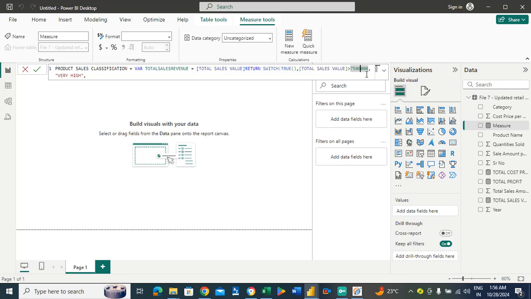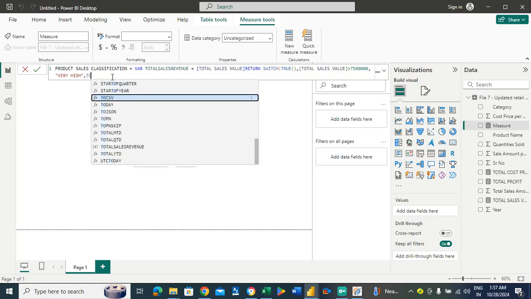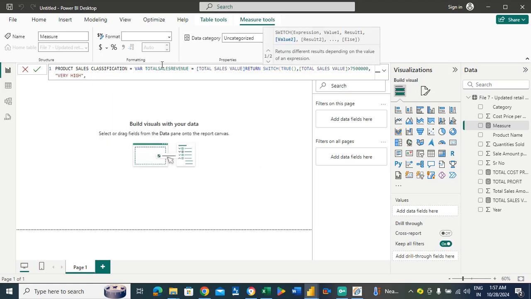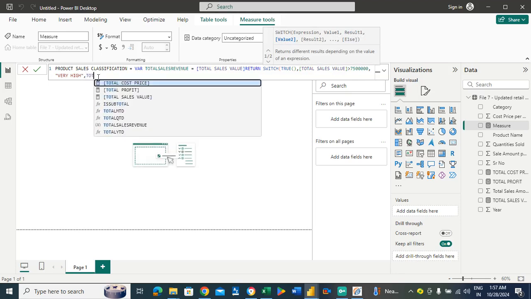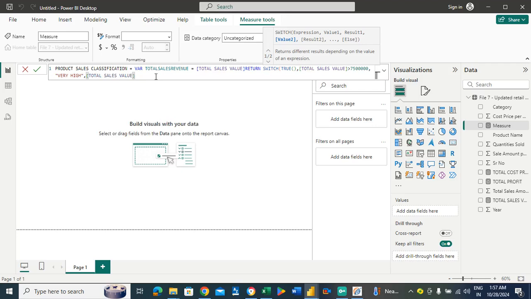I think let's do one thing. Let's start from the beginning. 75, 750, 7,500, 75,000, 7,50,000, 75 lakh. If it's greater than 75 lakh, it'll be very high. Okay. Then once again, basis of first value, we have done the evaluation result. The second value, what is that? If the total sales value, if it is less than,